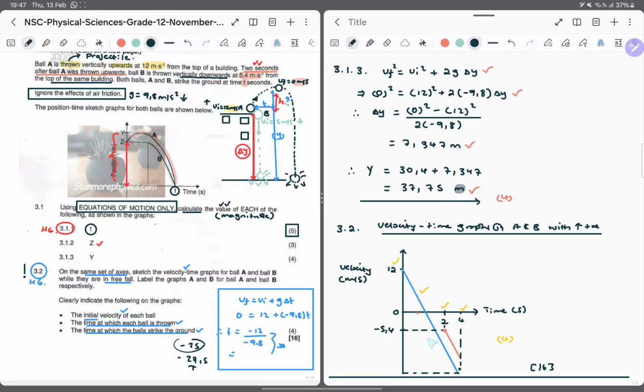So the graph should look like this, okay? So always do some side calculations to know exactly what should be where, because it's easy to draw a graph that is incorrect, something like this, and then you say for ball A it's like so, and then you say for ball B it's like so. If this is the orientation of your graphs, 0,